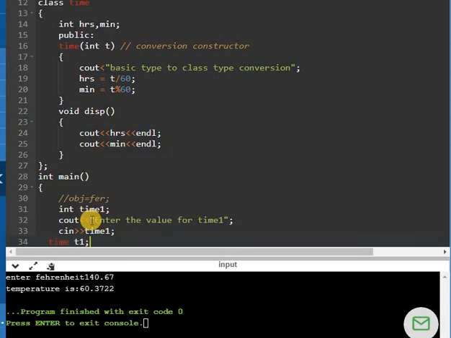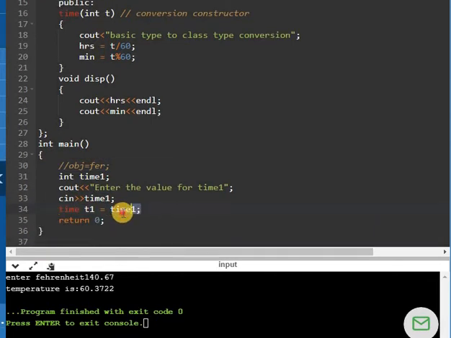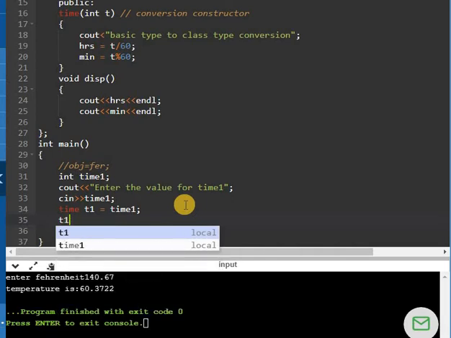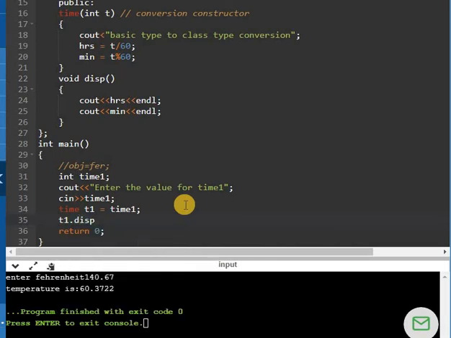Okay, then what we wrote in the previous example can be written in this manner also. So at the time of object creation we can call the conversion constructor. So these statements are not different from each other. So we will call the display function also. Now we will run this program.